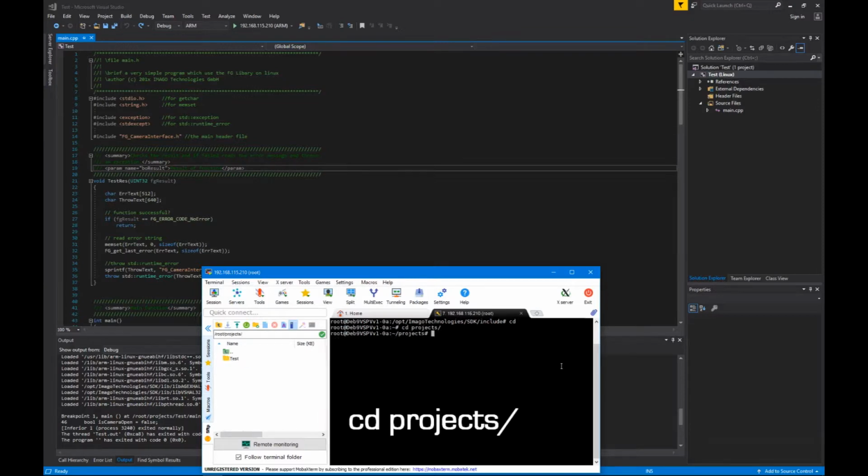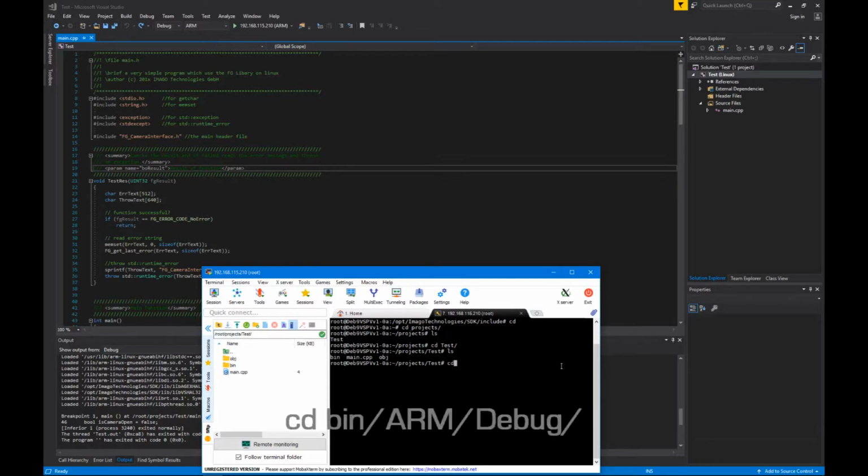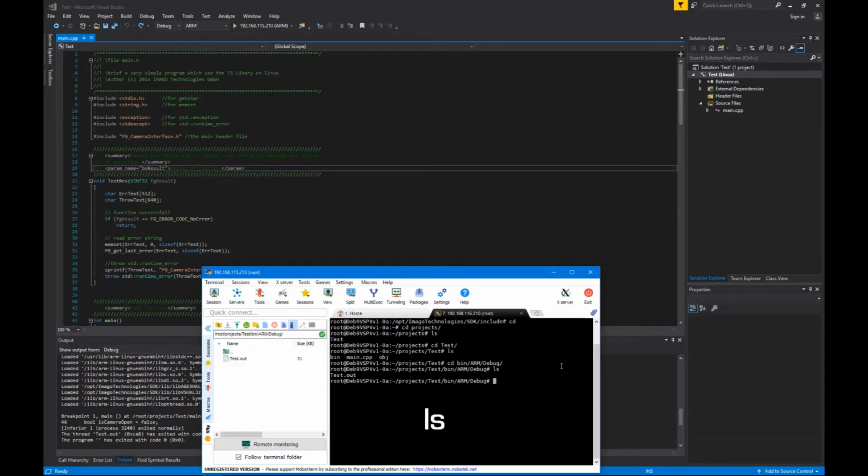/projects/test. By inspecting its content with ls, we find the copied source file main.cpp as well as two additional folders, the bin folder containing the executable and the obj folder used for remote building. From there, move to the bin/arm/debug directory to discover the executable Test.out. Execute the program from the command line by typing